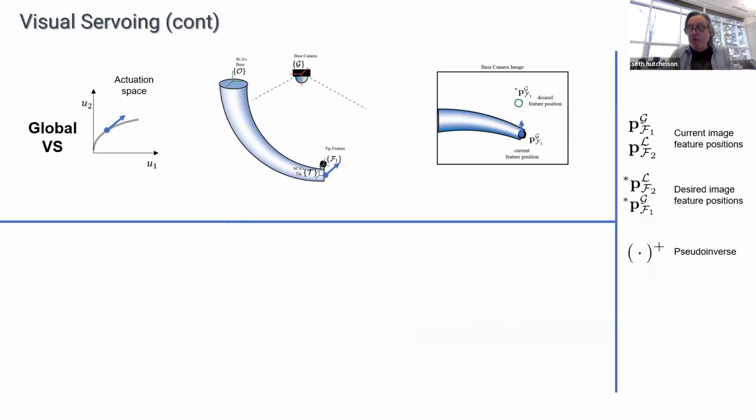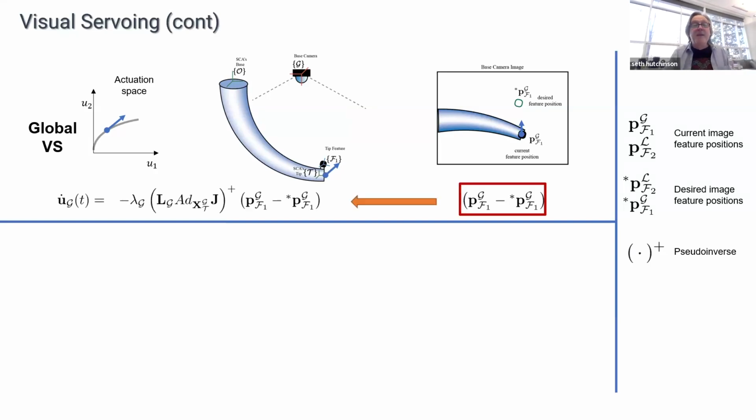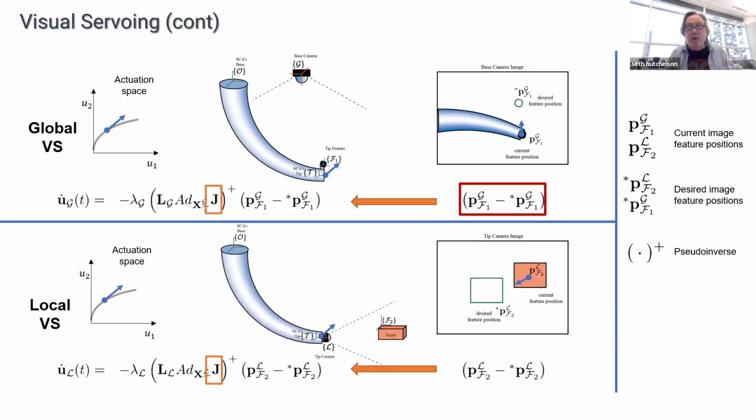If you want to control the system, you work backwards, right? Here's the error in the image. You go backwards by doing a pseudo-inverse computation, which essentially tells you what should be the differential control input to reduce the error, right? So this is just proportional gain, basically, on a linearized system. And again, you can do the same for the camera mounted on the ceiling or the camera mounted on the end of the robot.